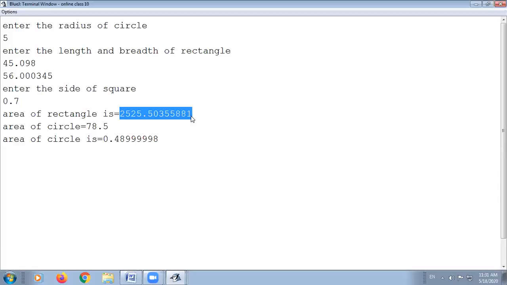Next, we have called the circle function. The circle function will receive the value 5, and according to the formula pi r square, it will give you the result as 78.5 according to the radius entered by the user, that is 5.